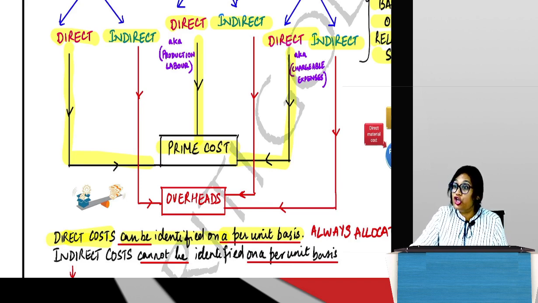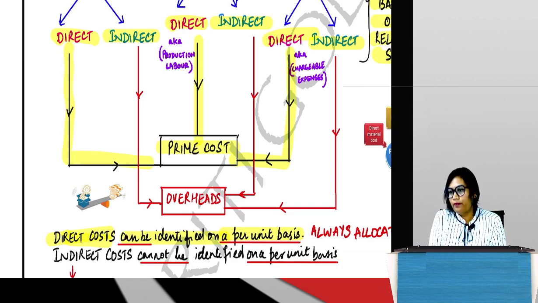Okay, so this is a new term. It is a very, very typical term to costing. I don't know if you've heard it or not, but overheads is a very big part of costing. So all indirect expenses are called overheads. Please note my wordings, all indirect expenses. So usually, students get confused.